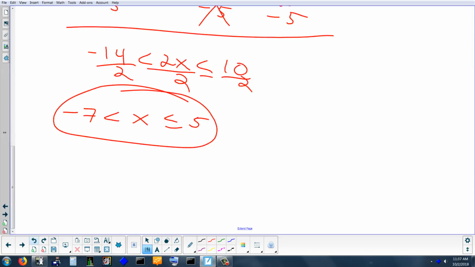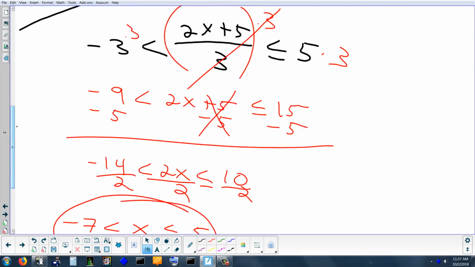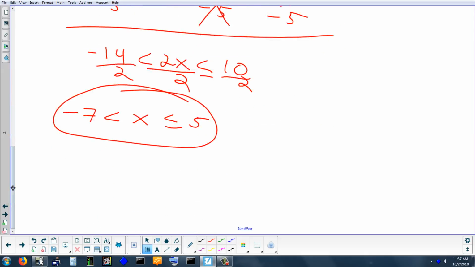And they could ask you to change that to a picture, graph it, or write it as an interval. Any question on that one? So if you get one, I think there's a couple in the homework where not only do they put a variable in the middle, like 2x plus 6, they also throw one on one of the sides like that. If you have a variable and it's not just in the middle, it's in more than one spot,